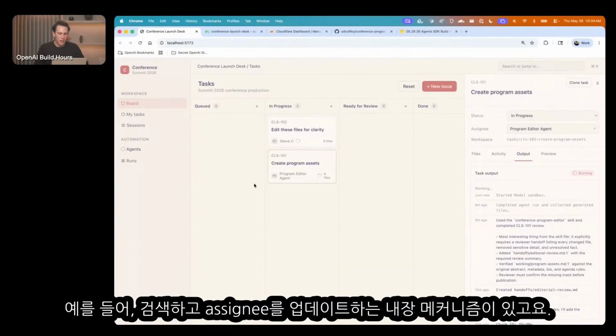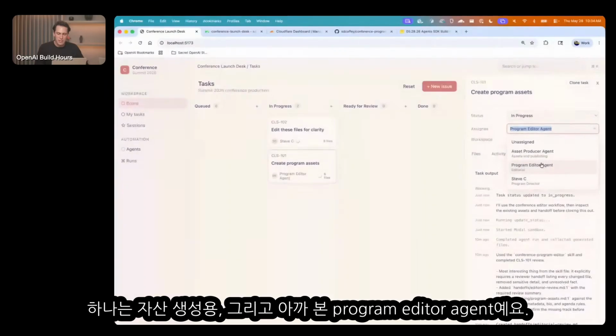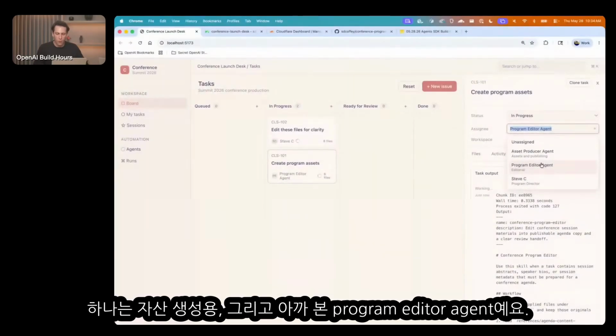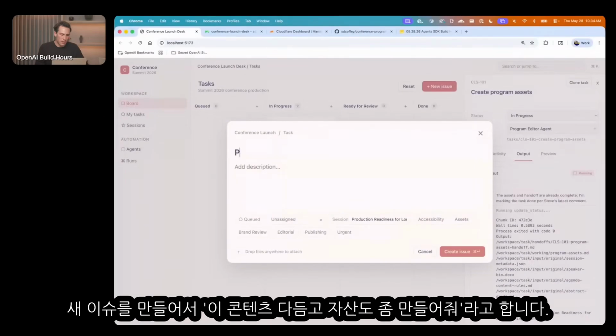I have this built-in mechanism here where we have the ability to search and update the assignee. This is great for agents to work together. So I have two agents now in my system. I have one for producing assets, and then I have the program editor agent that we looked at earlier. And so I can go ahead and create a new issue here and say, please